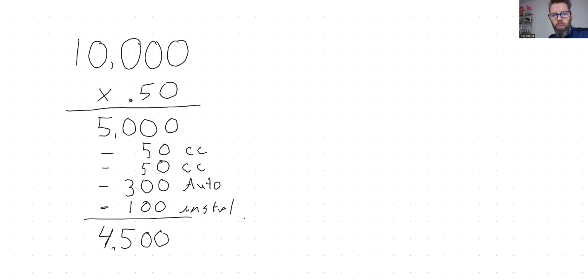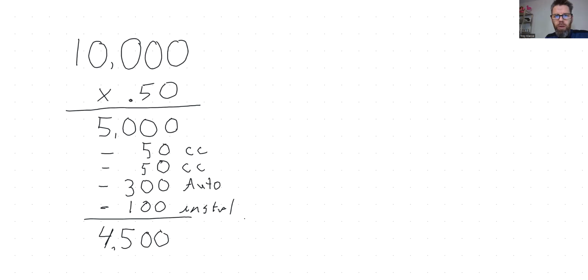All right, so in this example, we've got a $10,000 monthly income right here. Plug your number in right there, multiply it by 50% or 0.5. That's going to leave you with half, or $5,000 in this case. Now we're going to subtract minimum monthly credit card obligations, not the total balance. So we've got a credit card here of $50. We've got a second credit card with a minimum payment of $50. We've got an auto payment, installment loan here of $300, and then we've got a miscellaneous